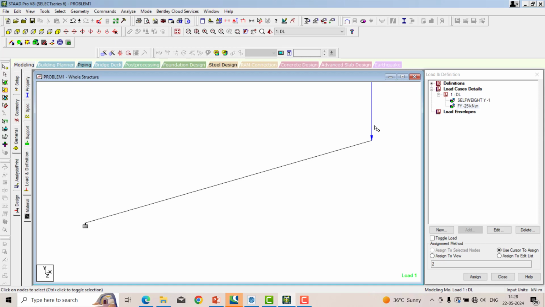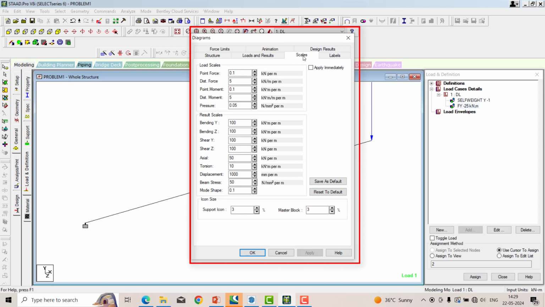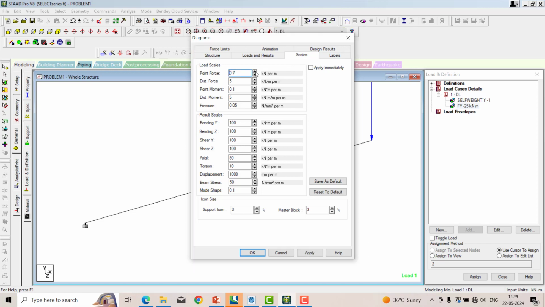The symbol is not properly visible. In order to customize that, we have to reduce the scale. For that, you click on the scale option which is in the toolbar. So here we have the labels and then scale option. As this is a point load, I want to change the distance and then click on the apply option like this and OK.